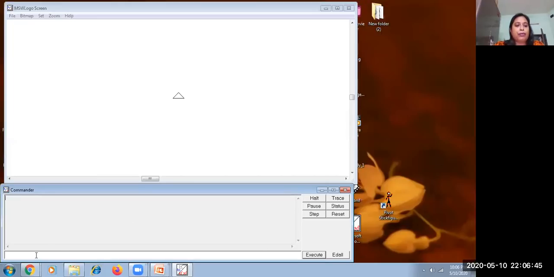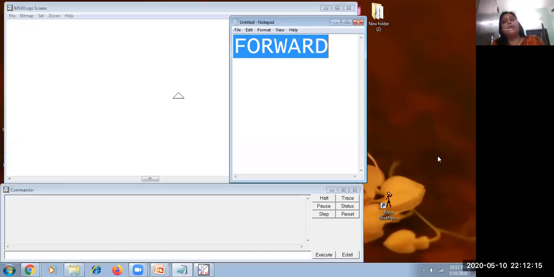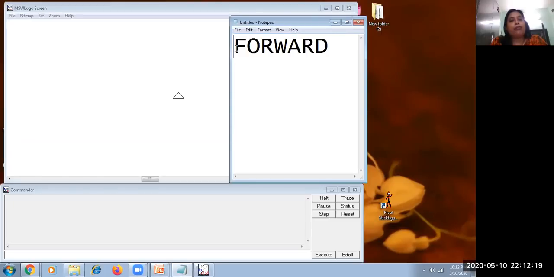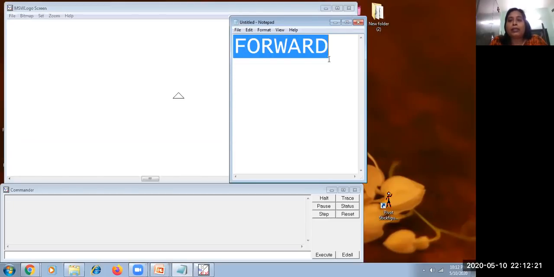The first command which we will be learning is called the forward command. Forward means you are instructing your turtle to move forward.